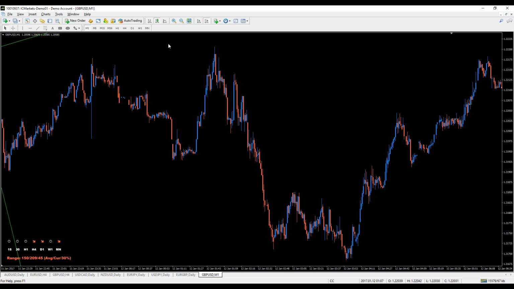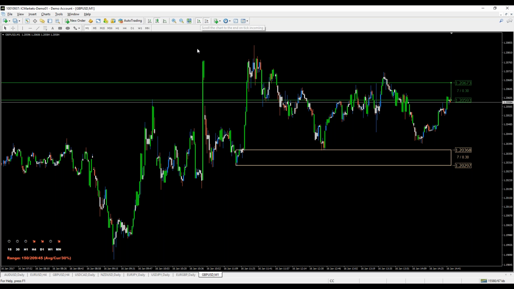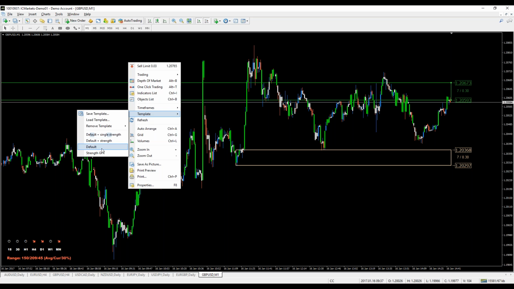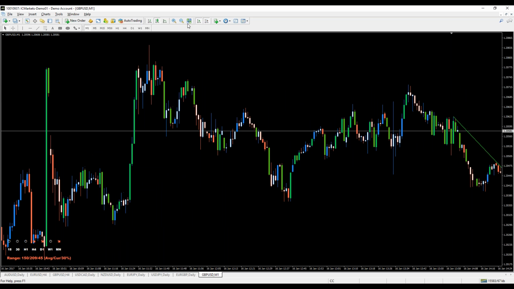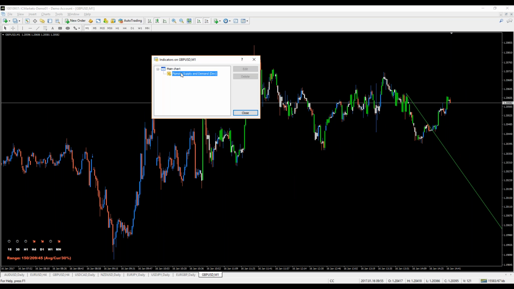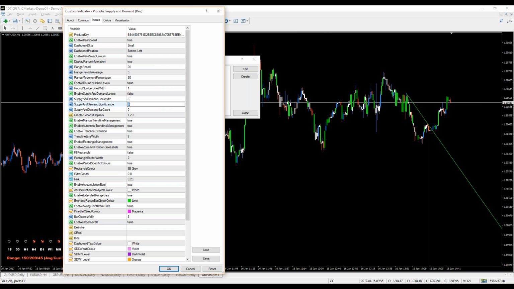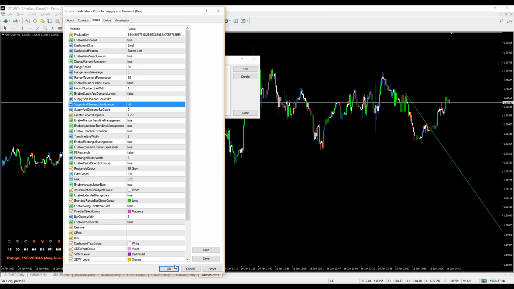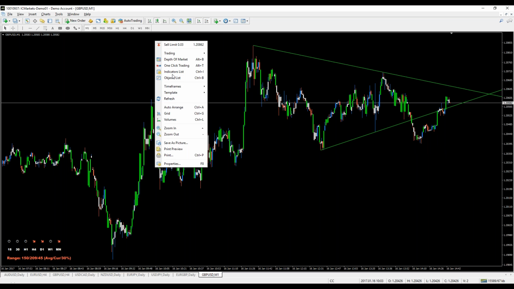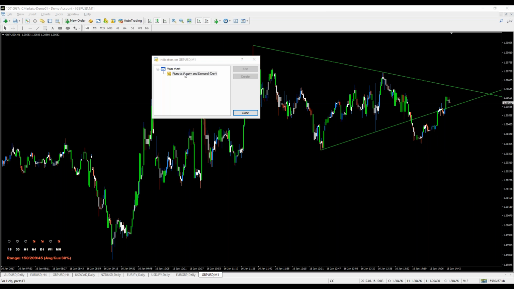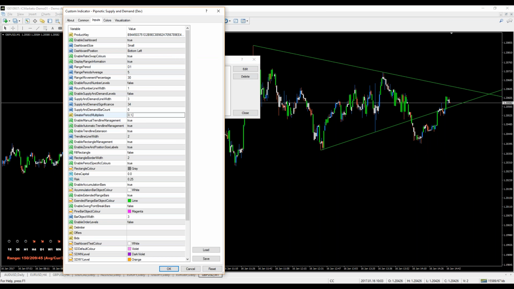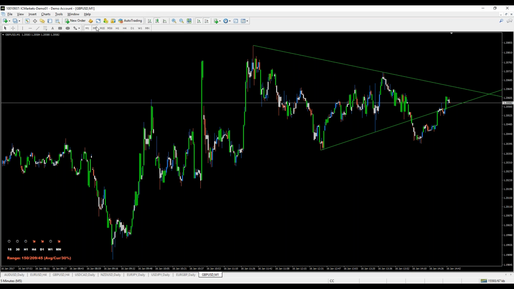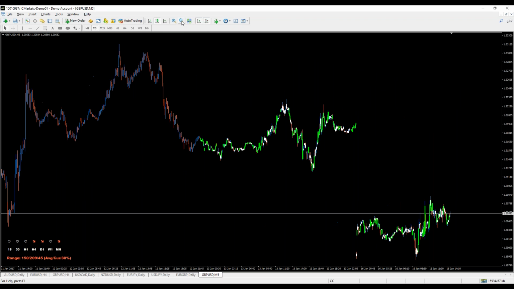And I did an experiment a while ago where I focused on areas qualified by the indicator that have a significance of about 30, 34, nice round number. I was trading areas that are qualified here. I don't remember if it's the 1 minute or the 5 minute, but if we zoom out,